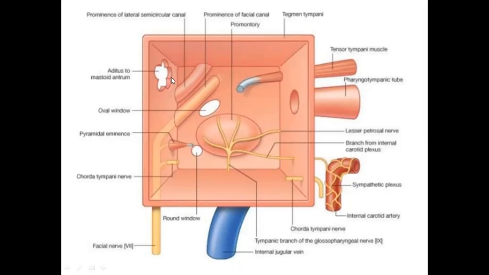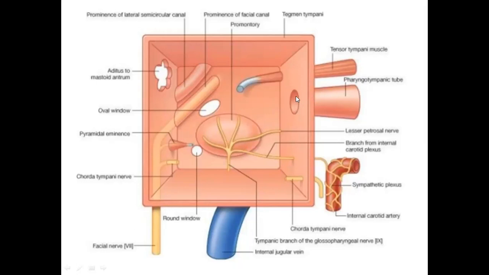This is an irregular opening which connects us to the mastoid antrum. Whatever infection is in the middle ear cavity enters via the aditus into the mastoid antrum and causes acute mastoiditis. And via the superior wall or the roof, it enters into the middle cranial fossa and causes meningitis and encephalitis. It also involves the facial nerve and causes facial nerve palsy, and it infects the medial wall, which is the lateral wall of the inner ear, and causes labyrinthitis, with vertigo, nausea and vomiting.